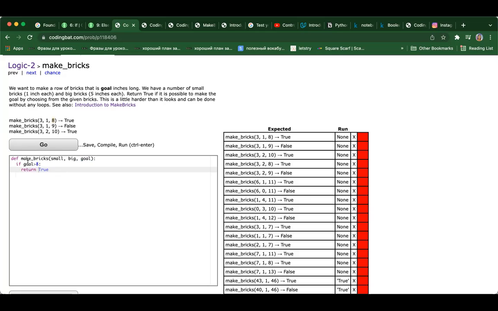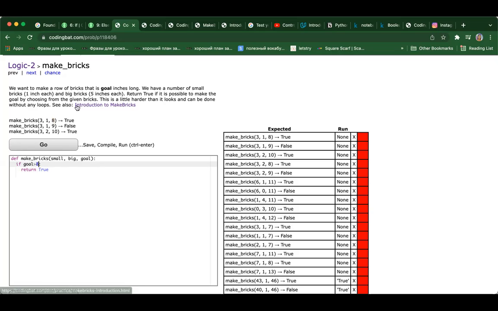So if we evaluate goal bigger than 8, then